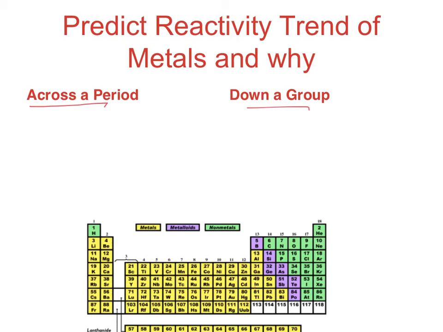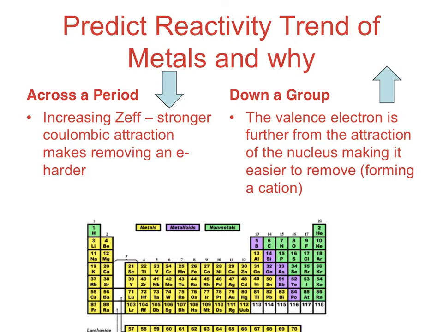Okay, so let's take a look. Across a period, my reactivity is going to go down. Okay, so as I go across, the reactivity goes down. And that's because as I go across, I am adding another proton in the nucleus. I'm not causing any more shielding. So those electrons, as I add them, are going to be more and more tightly held. So I'm increasing my Zeff. Those electrons have stronger Coulombic attractions, making the ionization energy go up,